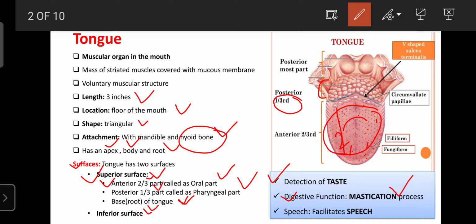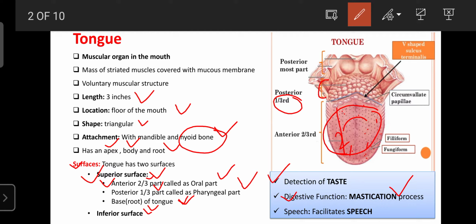So that's why the tongue movement is helpful for mixing the food with the saliva, as well as for the mastication process. Due to that, it plays an important role in the digestion of food in the oral cavity. It also helps to decrease acid secretion, because the food becomes chyme, and the digestion of chyme in the stomach requires less gastric juice. So the health of the stomach also depends upon the movement of the tongue and the chewing of our food in the oral cavity.